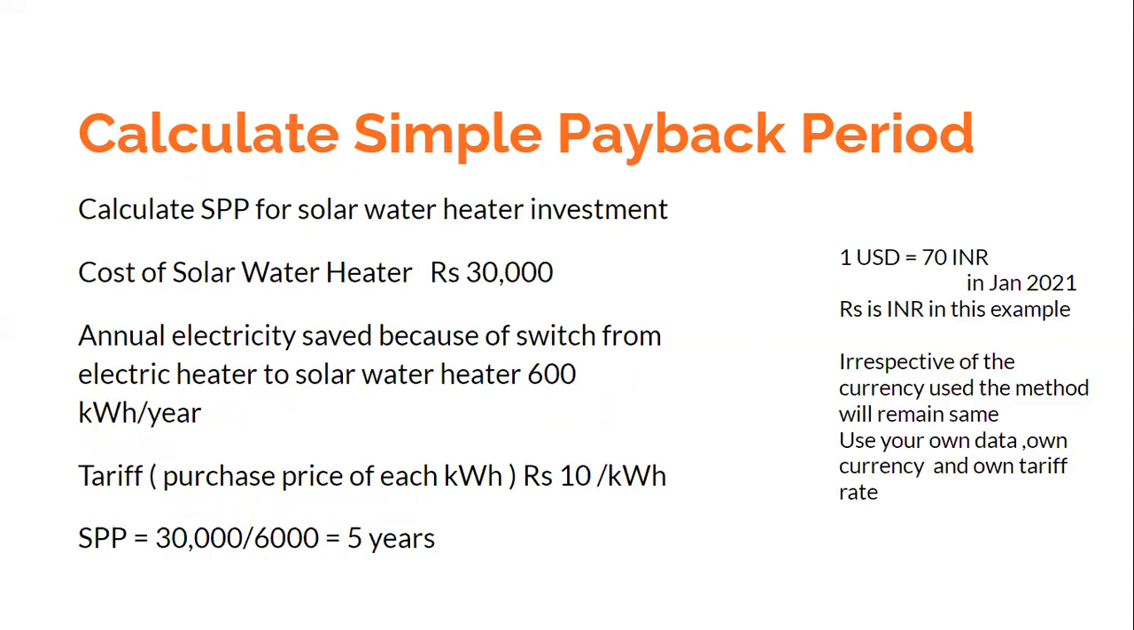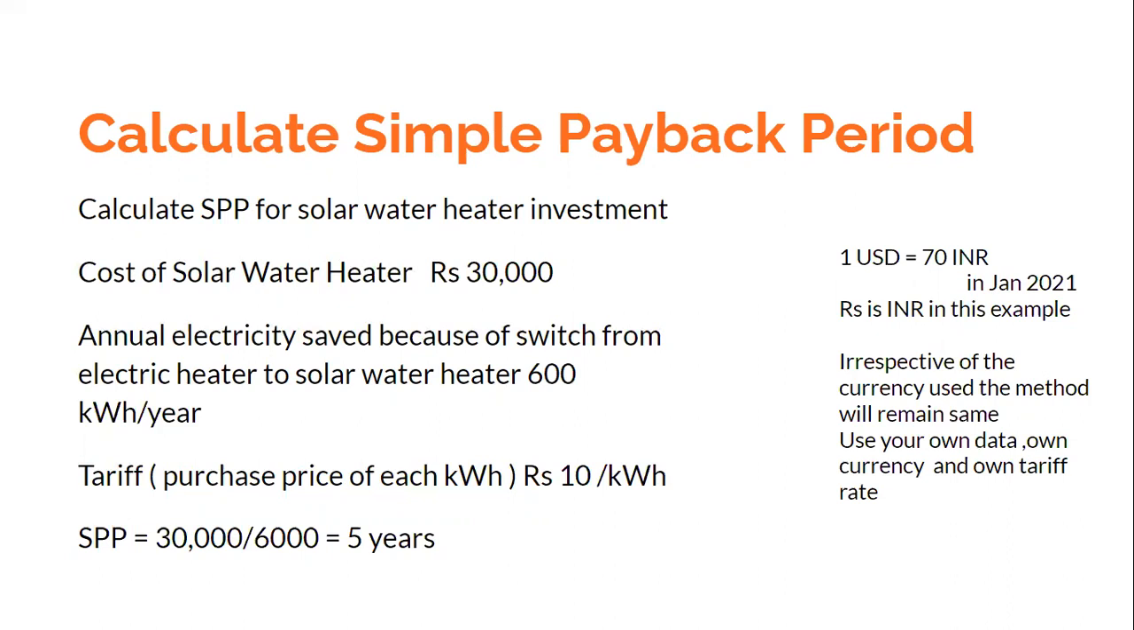This is an example for which I had taken the data from India, and the conversion is as follows. $1 is approximately 70 Indian rupees (INR), and this would give us an idea of the calculation of simple payback period. So for example, a typical solar water heater for household costs us rupees 30,000, and let us say that